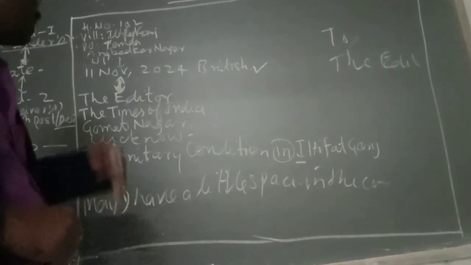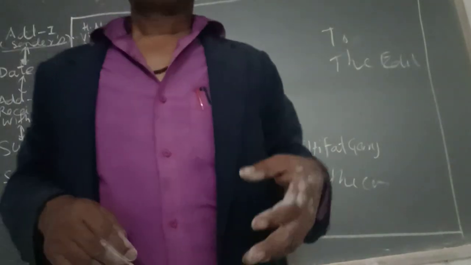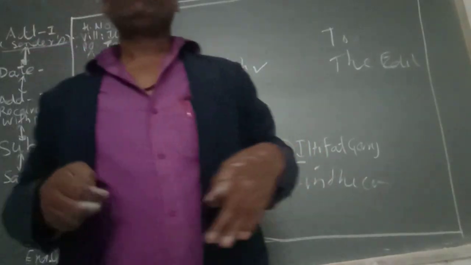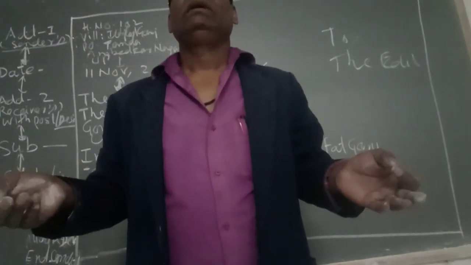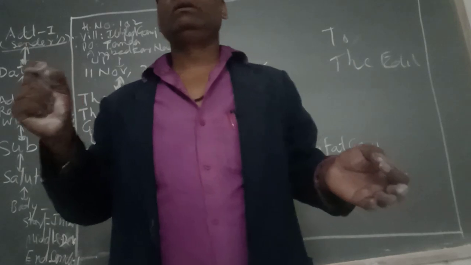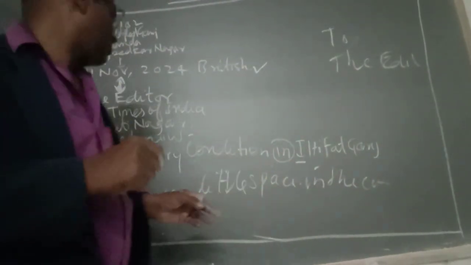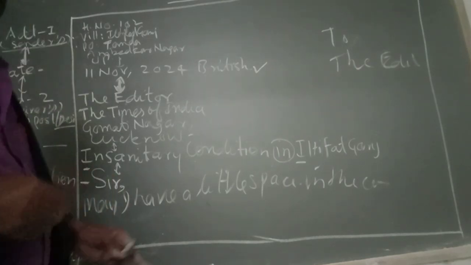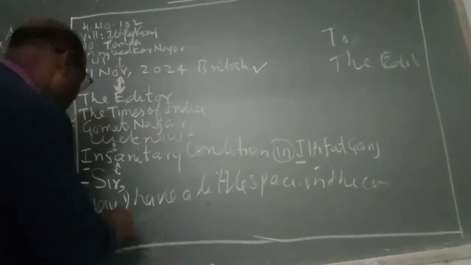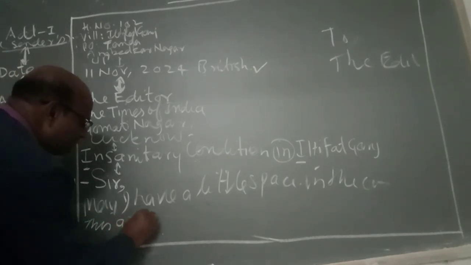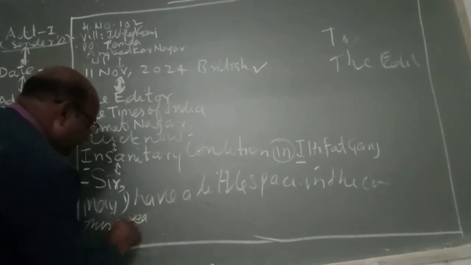Only one you use: may I use the columns of the newspaper to draw the attention of the authorities concerned towards the incendiary condition of Ilsibadganj area. Then the middle, I told you. So the middle is this: the area has been